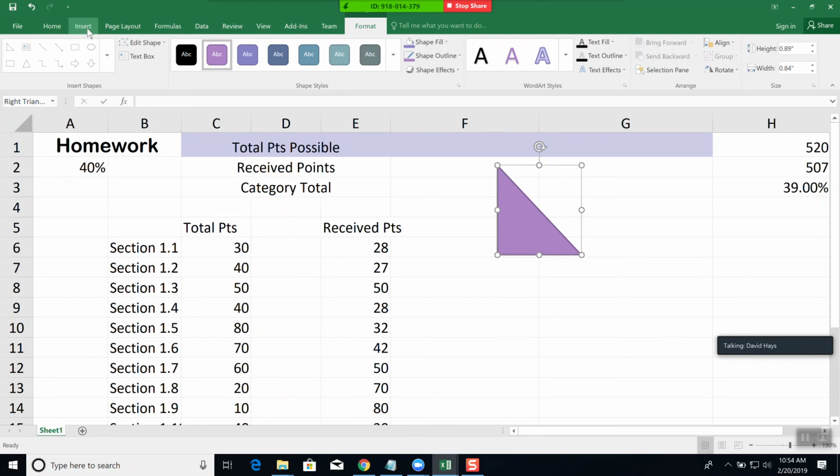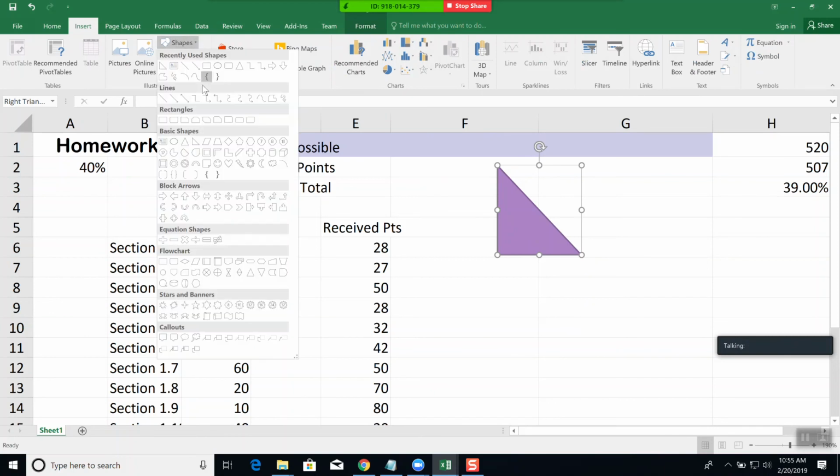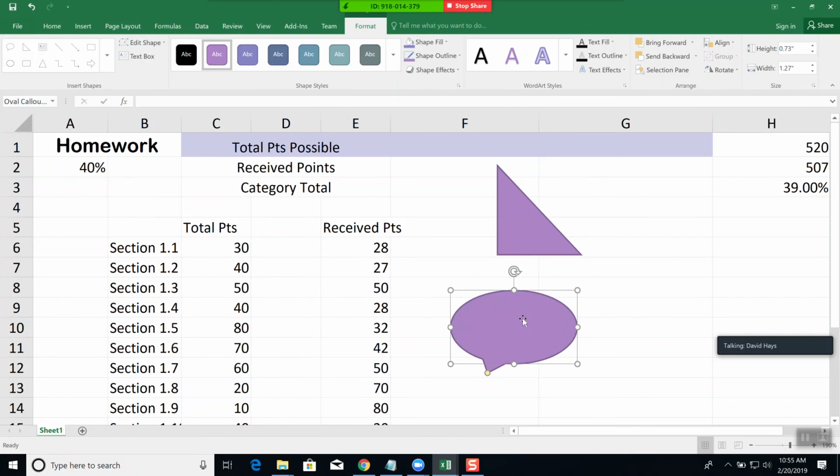Sometimes maybe you want to come up on the sheet here, and you want to remember something later on, or point out something to somebody. If I go to insert, come up here, there's callouts down here. So I can choose this callout, drag and drop it,